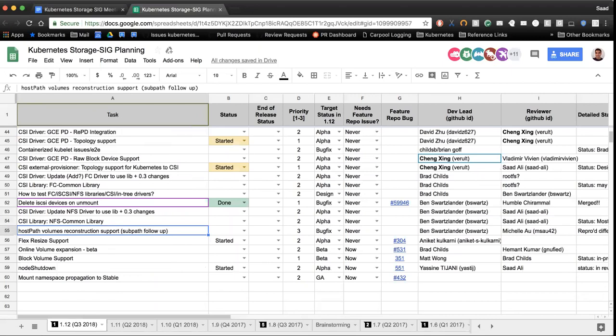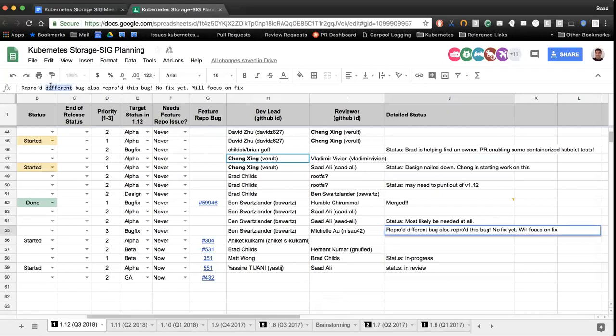Next item, also for you, Ben, is host path volume reconstruction support. This was pretty low priority. Well, what we had said was if we get the checkpointing stuff implemented, then the reconstruction code will go away, and that would be a better outcome here, because actually solving this issue would be a considerable amount of new code to scan all of the subpath volumes. Right now, subpath sort of piggybacks on other reconcilers to get reconciled, and there's nothing that just goes and looks for subpaths that aren't attached to anything. So there'd be a substantial amount of new code to reconcile orphaned subpaths.